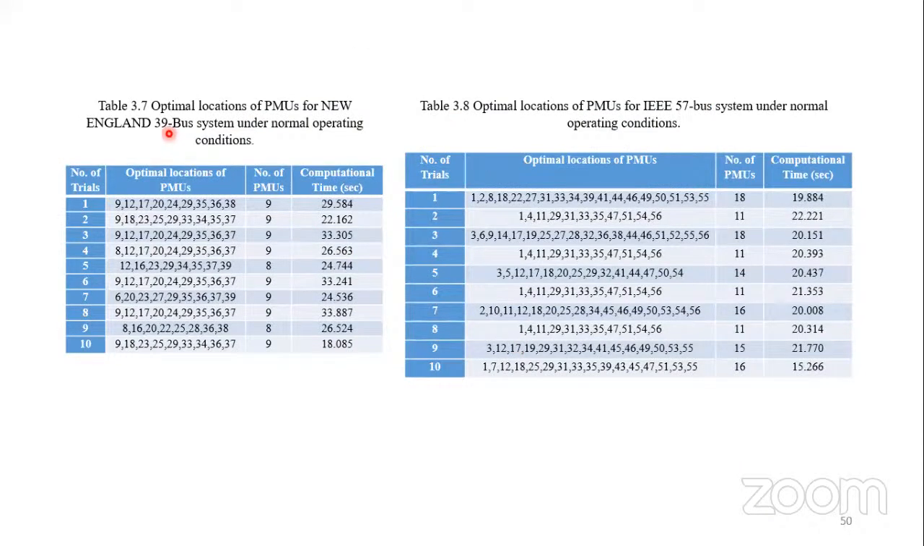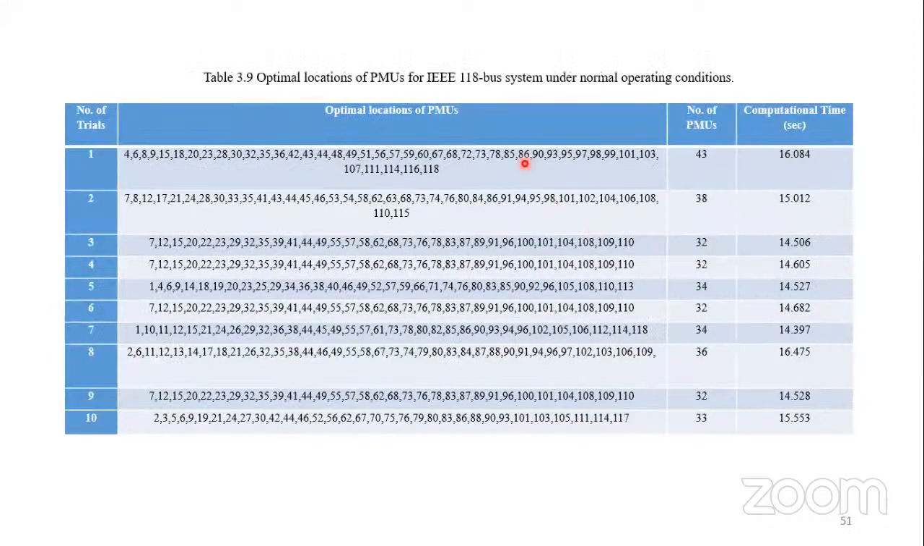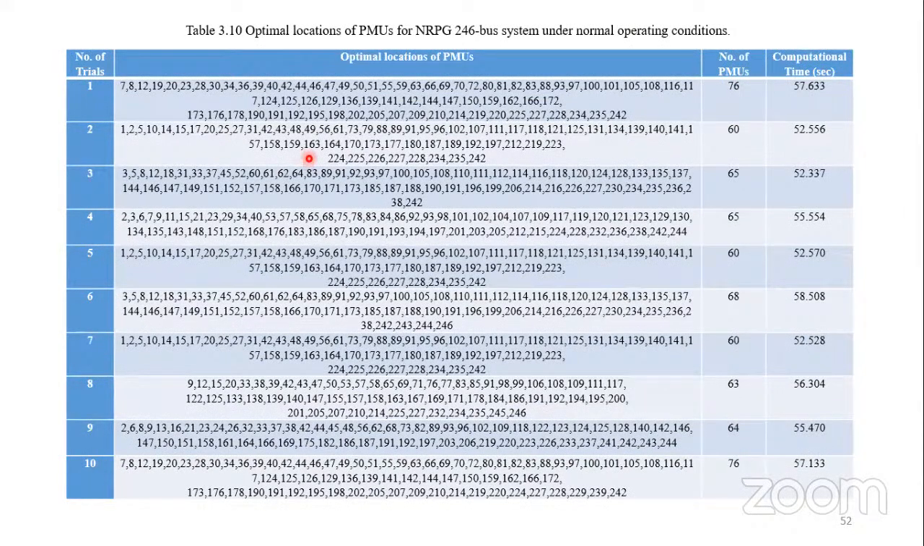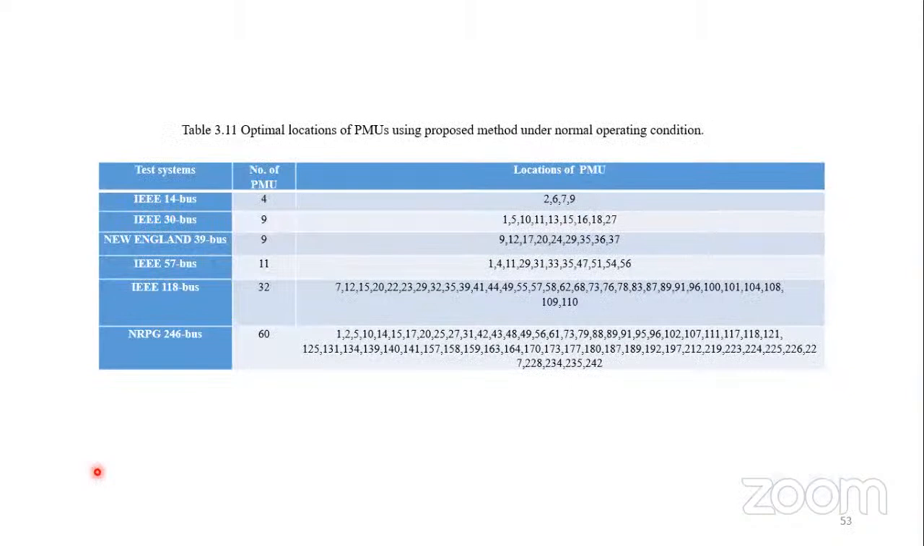Similarly for the New England 39 bus system, I have shown, and for the 57 bus system, I have shown here. For the 118 bus system, I have also obtained results; there are so many solutions, but we have chosen only the best solutions for the placement of PMUs in the IEEE 118 bus system. Also in the case of the Northern Regional Power Grid, I have gone through so many solutions, but we have chosen only 10 solutions based on the SORI value. And these are the optimal locations under normal operations, which we have obtained from the binary particle swarm optimization